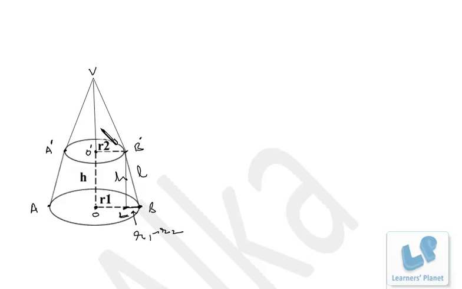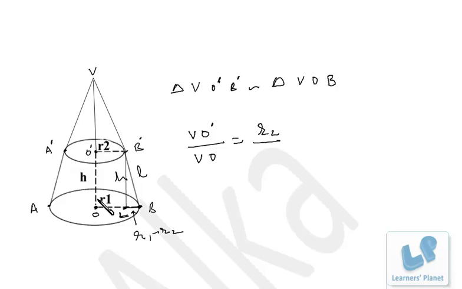Now friends, the important thing over here is that this triangle VO dash B dash and VOB, both of them are similar to each other, right? Because this line is parallel to this line, right? So VO dash B dash is similar to triangle VOB, right? If the two triangles are similar, obviously their sides will be in the ratio. So the side of this triangle VO dash by the side of this triangle VO is equal to R2 by R1,